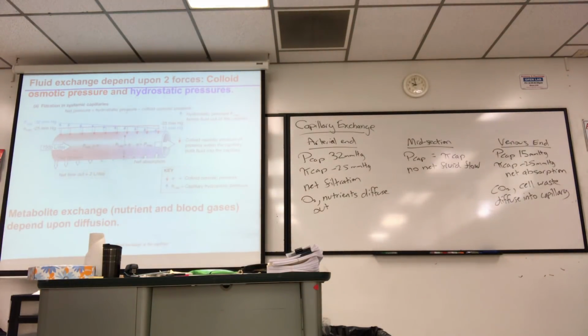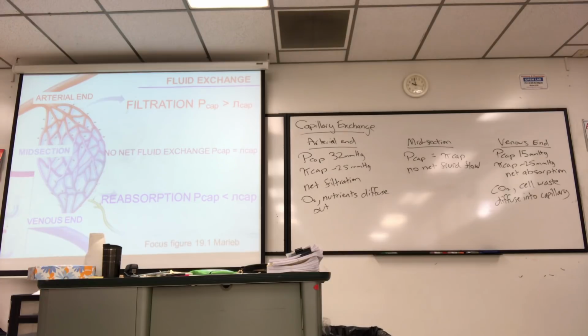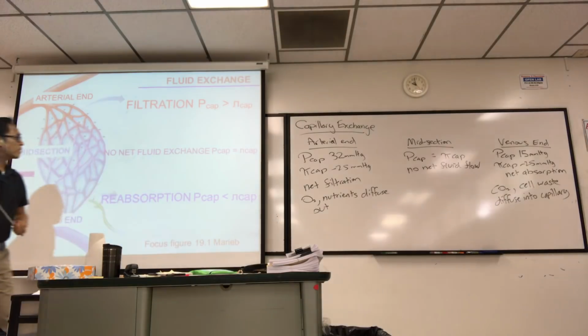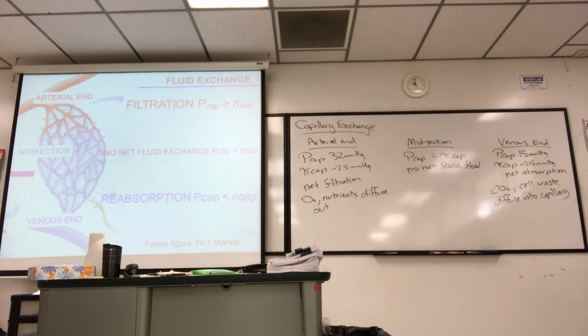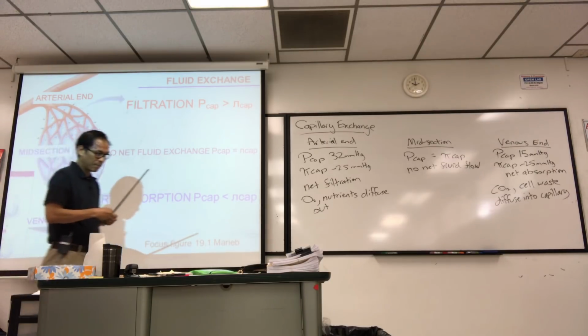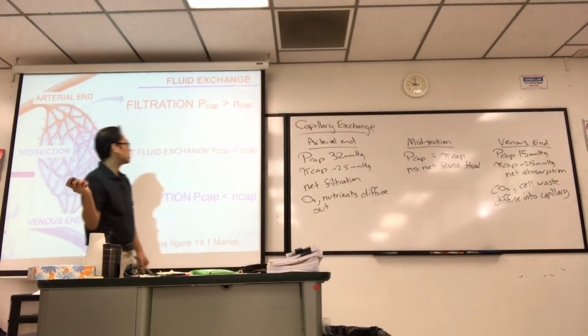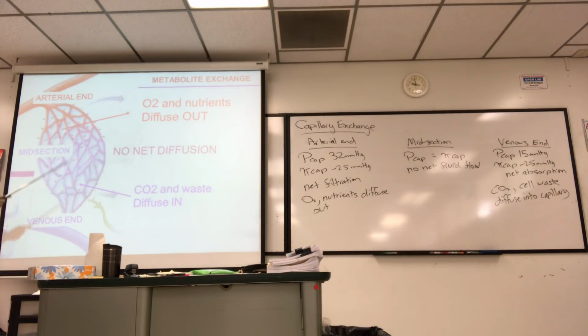Pay attention to diffusion. And the picture in the Marieb textbook is a little different, but I included it here just to summarize. Good figure. They have fluid exchange, the filtration, net filtration at the arteriole end, no net fluid exchange, and then they have the arrows pointing inwards, symbolizing the absorption or reabsorption at the venous end. Then they have the same thing for the metabolites. Well, there's net O2 and nutrients diffusing out, and then net in CO2 and waste to get into the venous